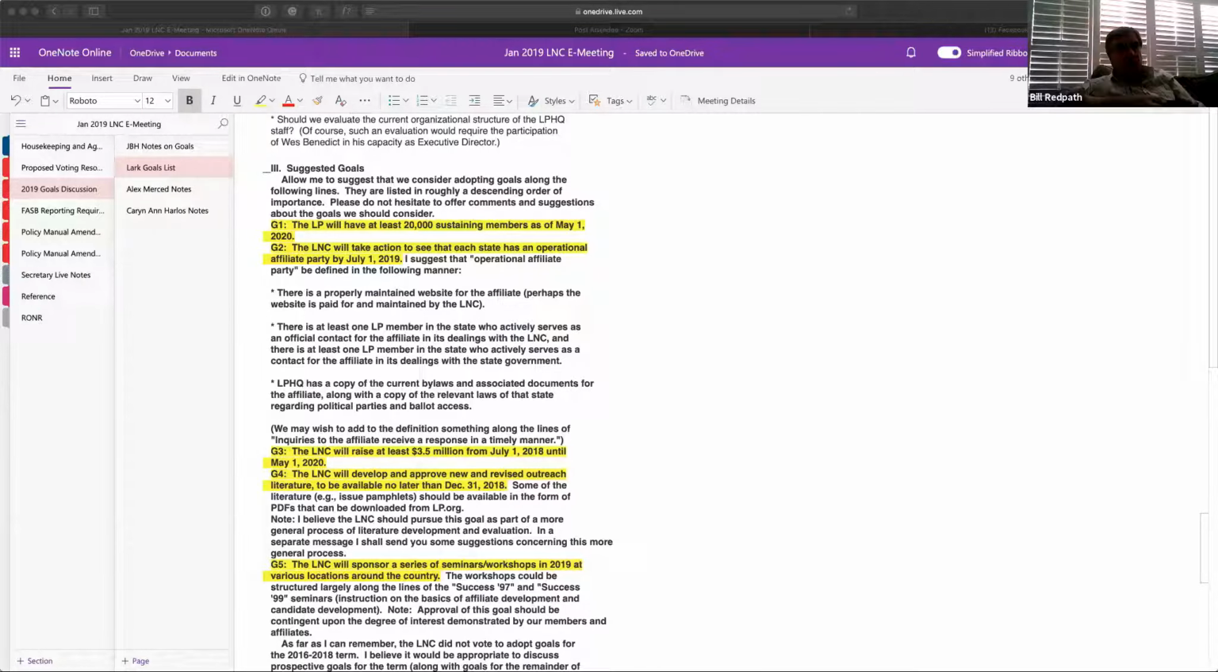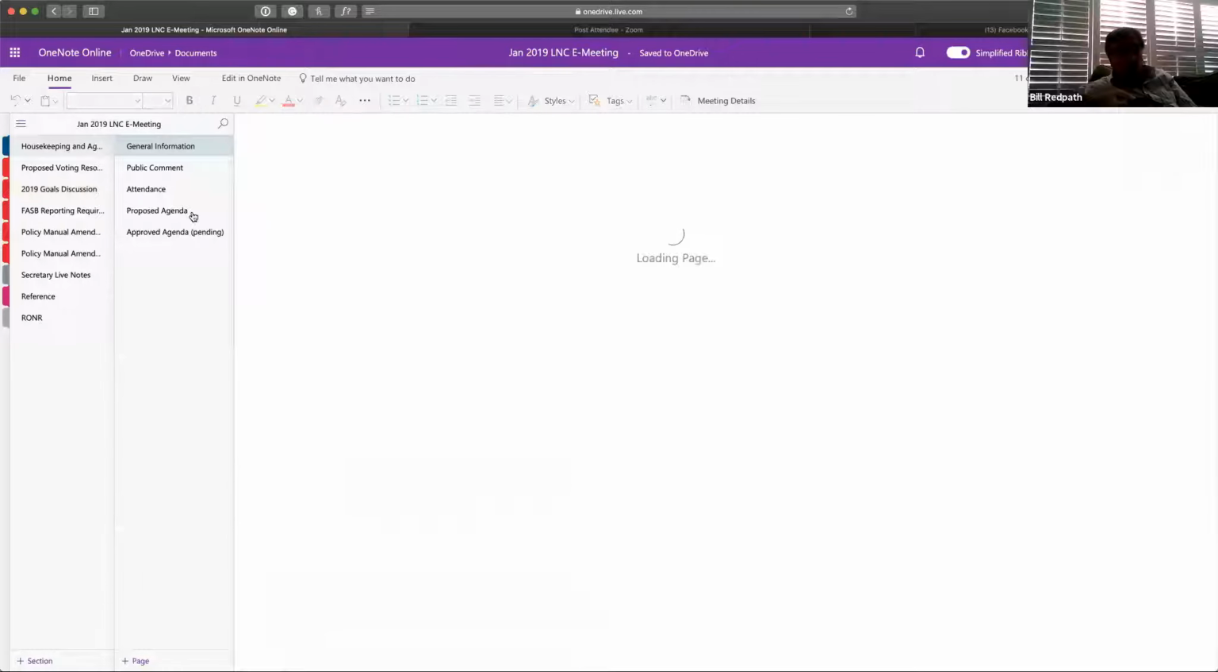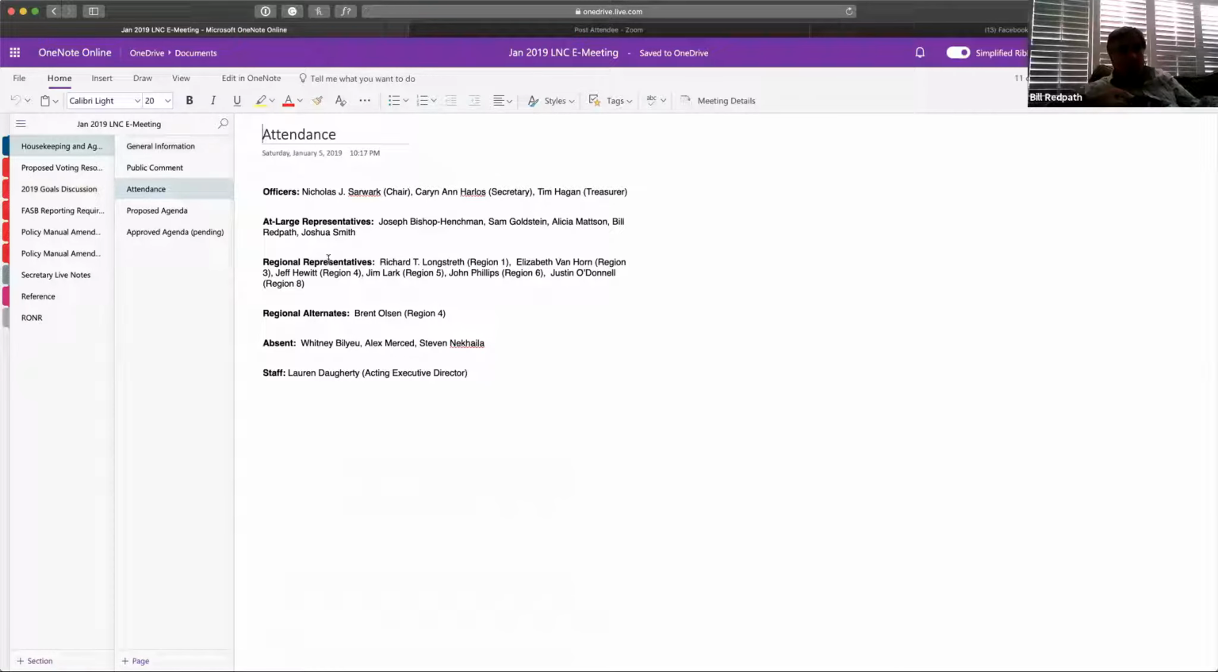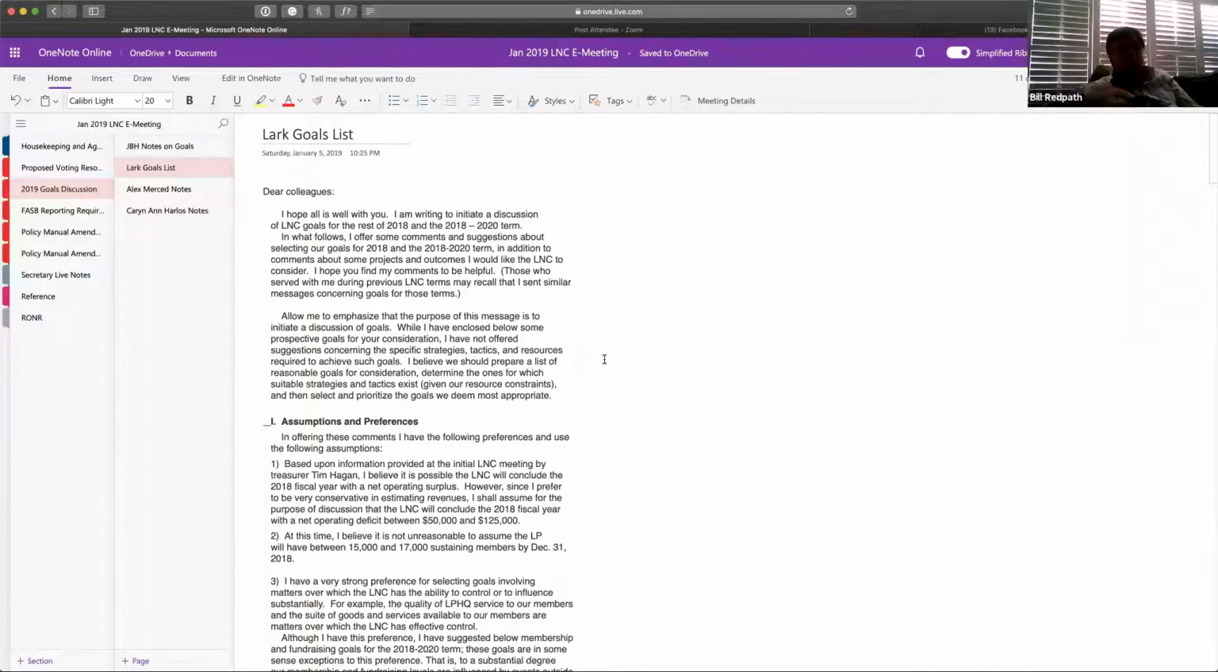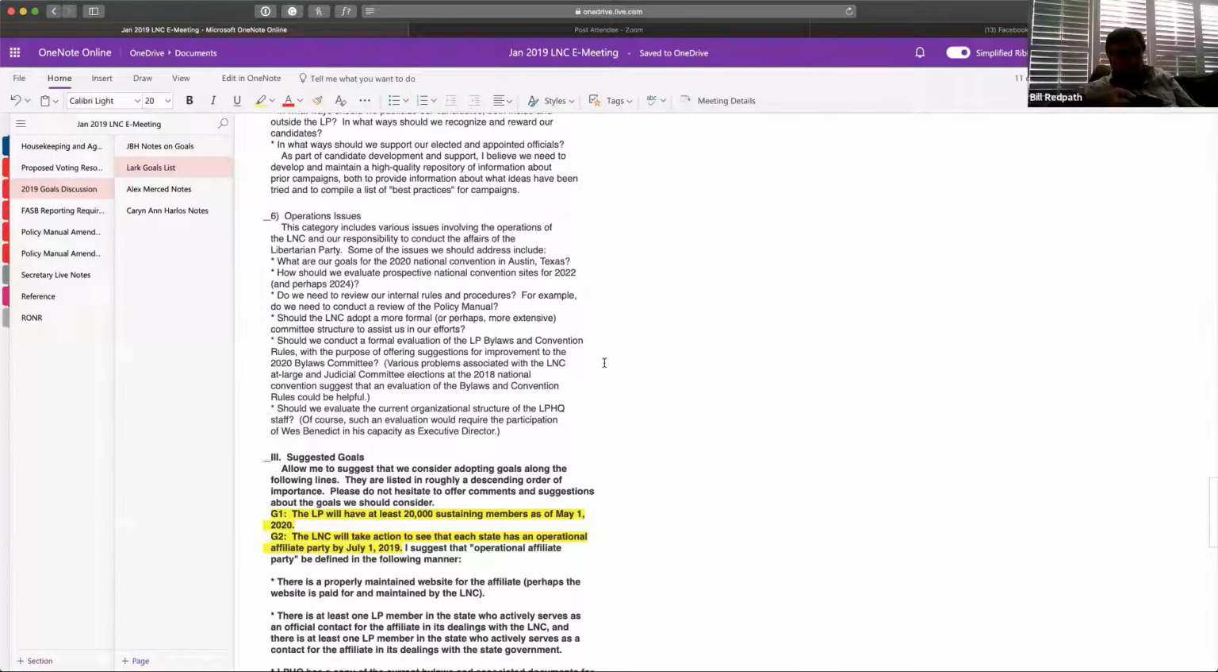As people who've been on this committee may know, I'm not as goal-oriented as some other people are on this committee. I mean, for instance, goal 1 here, the LP will have at least 20,000 sustaining members as of May 1, 2020. I suppose why 20,000? I mean, it could be 25 or 30 or something like that. And the numeric goal on goal 3, 5 million, it just disappeared. But in any event,